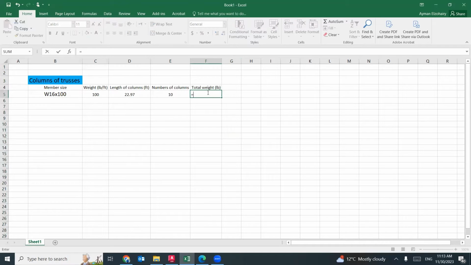This total weight equals the weight per unit feet times the length for each column times the number of columns. Enter. I need 22,970 pounds for columns of trusses. Does that make sense? Now we will talk about the second part,